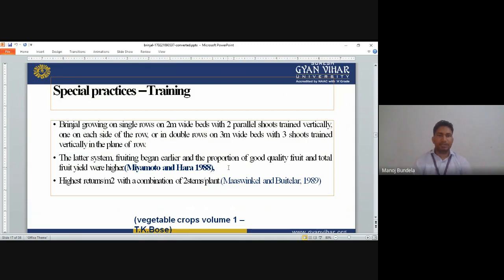Special practice like training. So brinjal is grown in a single row on 2 meter width beds with two parallel shoots trained vertically, one on each side of the row, or in double rows. 3 meter wide beds with three shoots trained vertically in the double row. The latter system